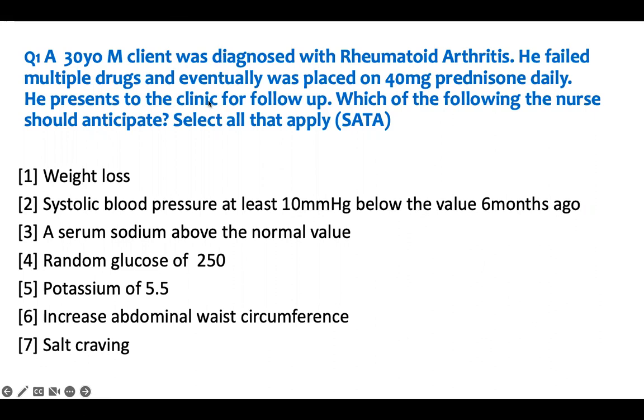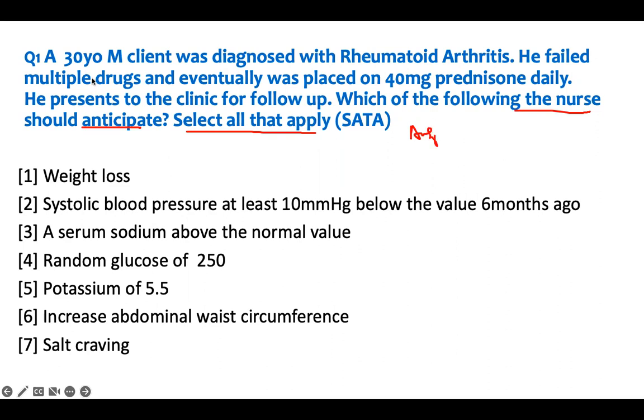And so the way I do my every question strategy is to read the last portion. So read it backward. They give you a forward question, but read it backward, because guess what? The examiner will put the buzzwords in the last portions of the question. So go get the buzzwords and then you can use it to answer the question. So select all that apply. Which of the following the nurse should anticipate? So I'm looking for something I should anticipate, right?